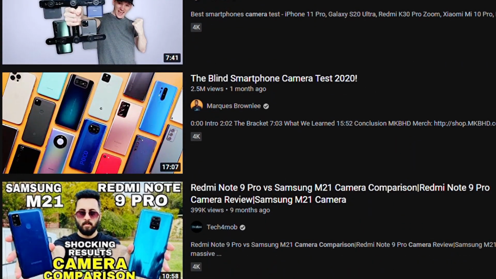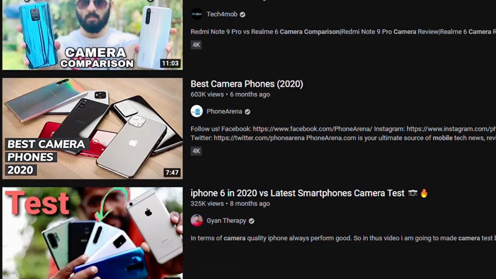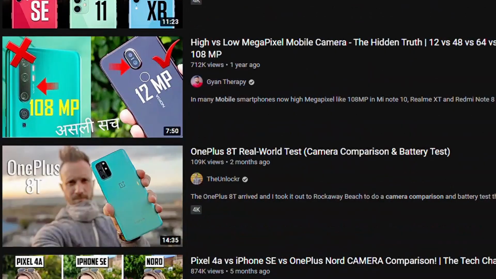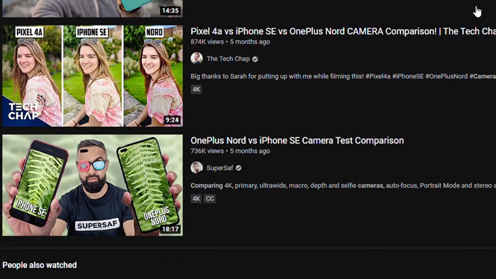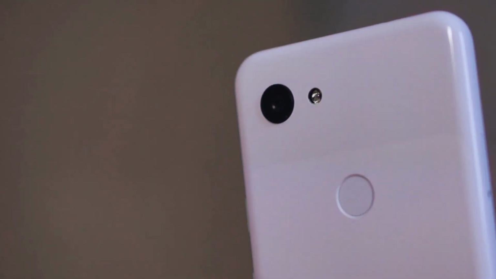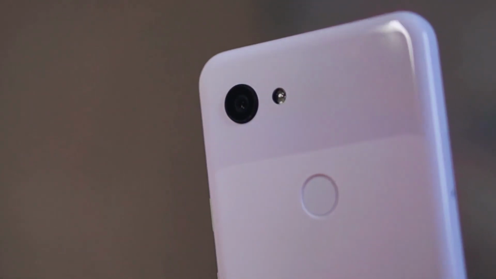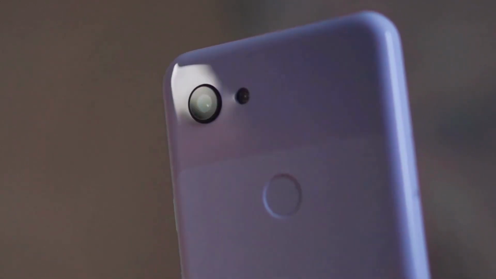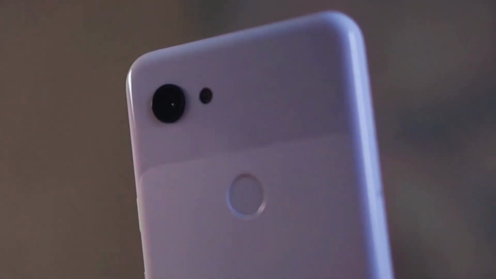People research a lot about the phone, watch a lot of comparison videos on YouTube and all. And if you see that one of the two camera samples in comparison has a slightly worse camera, but you like all the other features of it, then the camera shouldn't become your deciding factor if you know how to edit the photos. You really don't have to worry about the minuscule camera differences that are there.